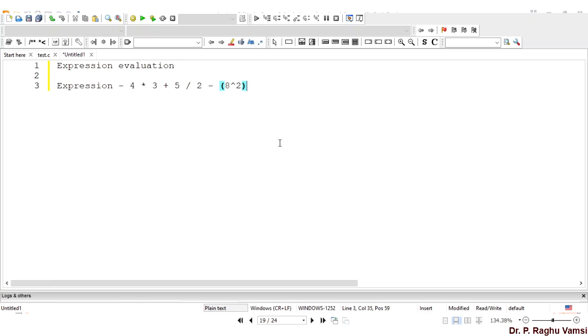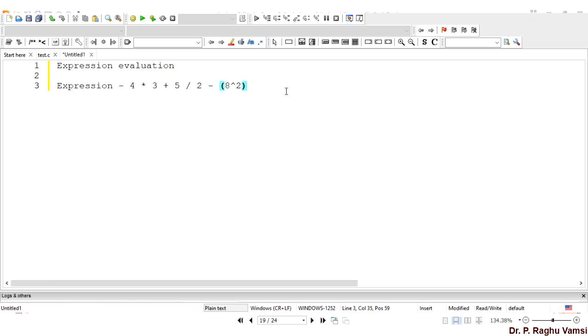So this is an expression consisting of operands and operators. Operands are 4, 3, 5, 2, 8, 2. These are the operands, and star, plus, division, multiplication, minus are the operators. Upon evaluation of these operands and operators, it will lead to a constant value.